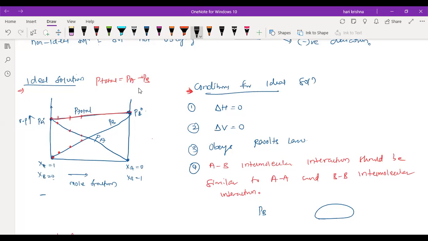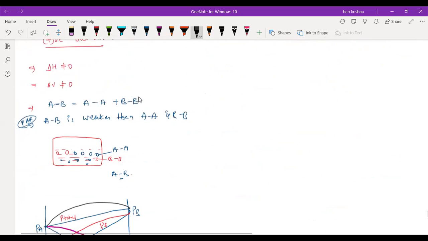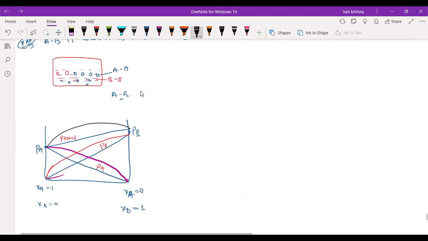Okay, sir. But if you are deviating from the ideal, this is the ideal deviation, right? This upper curve, this is the deviation part. Here the deviation part is the black line which I am drawing now. All the curves will go above the ideal. The same thing, if you go for the negative deviation here,